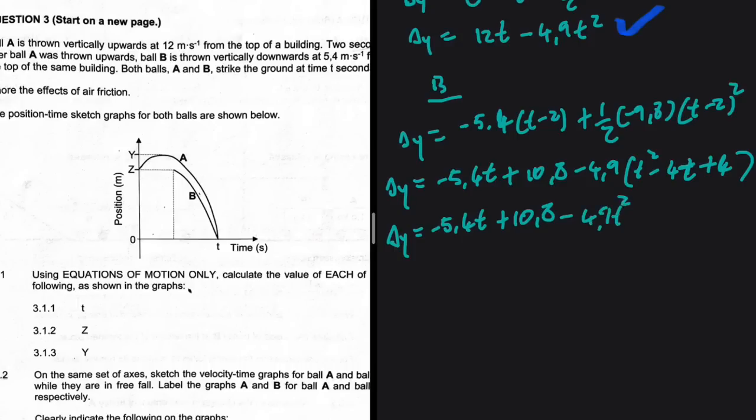So 4.9 multiplied by 4, this is plus 19.6t, and then